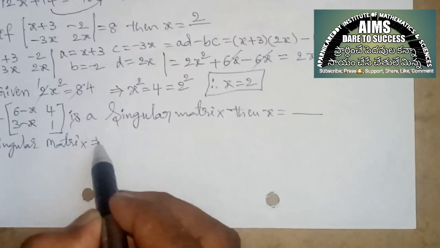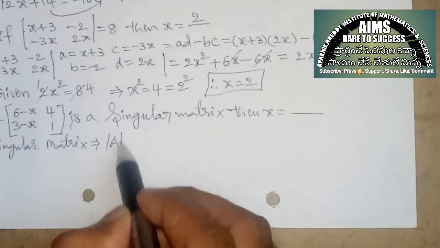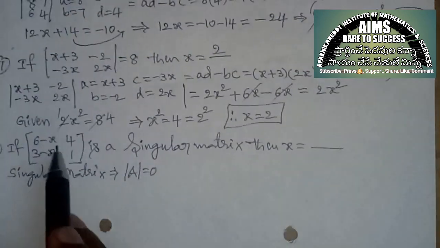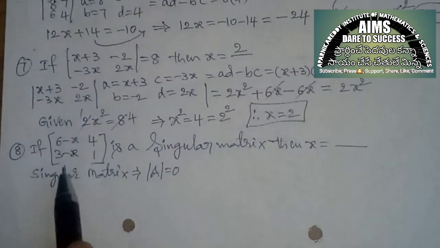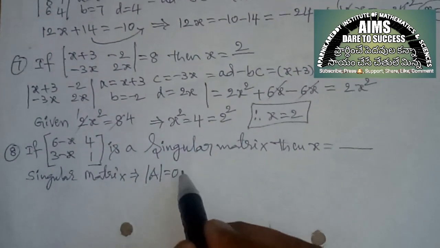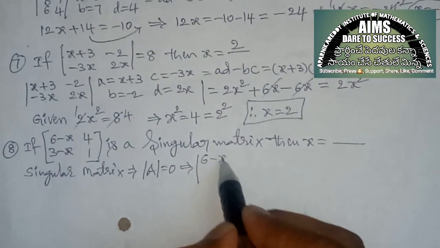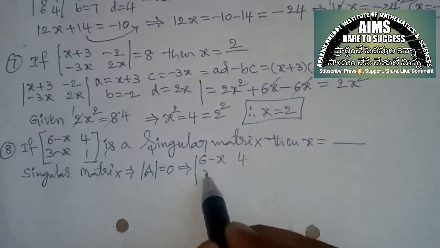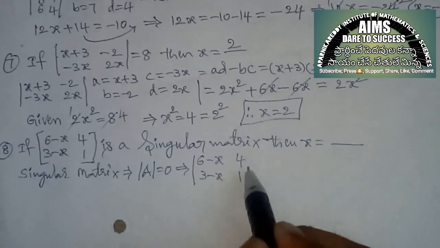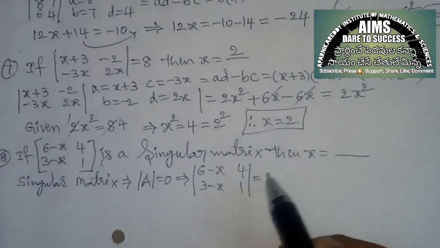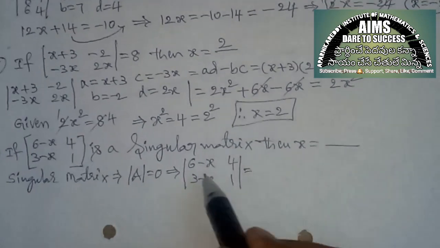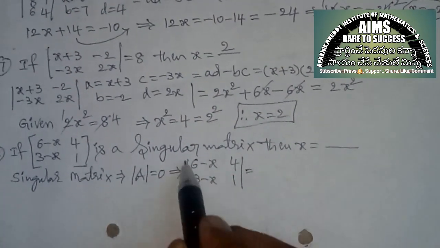Singular matrix means det A is equal to 0. A means the given matrix. So det A is equal to 0. So det A value 6 minus x, 4, 3 minus x, 1 is equal to AD minus BC. I mean AD,